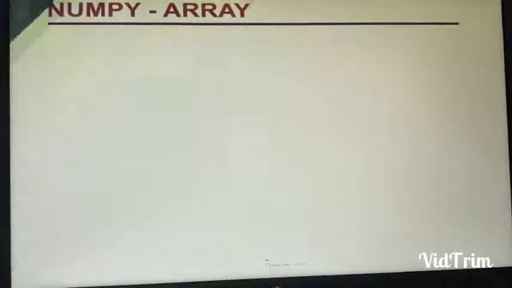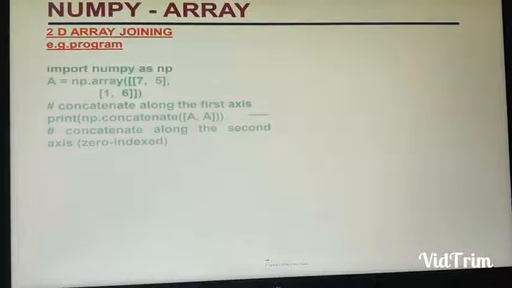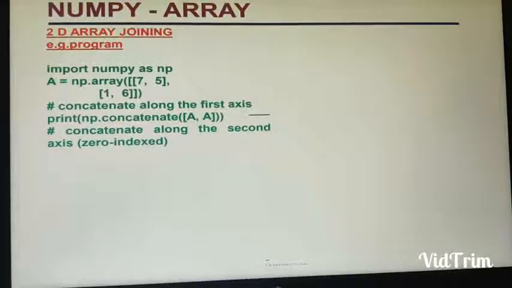Now let's move to the second step, where we will be joining 2D arrays. We are doing the example of a 2D array. See, this is array A I have taken, and it is 2D. As you can see, there are 2 rows and 2 columns in it. Here we are going to concatenate, or join, it. To join we have the concatenate method. You can see what I have done here. In concatenation I have given A comma A, that means I am joining this A with itself twice. So if you see the output